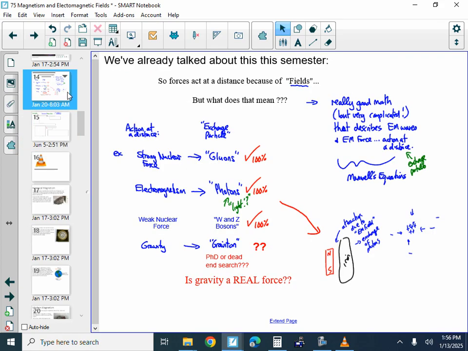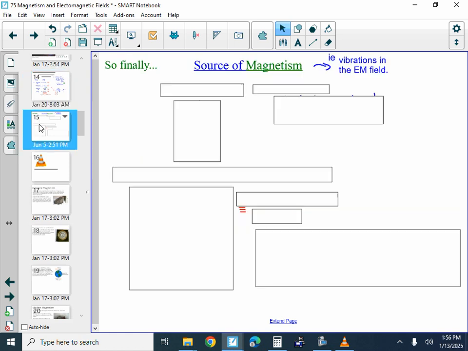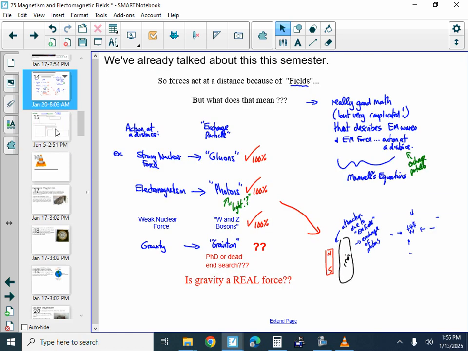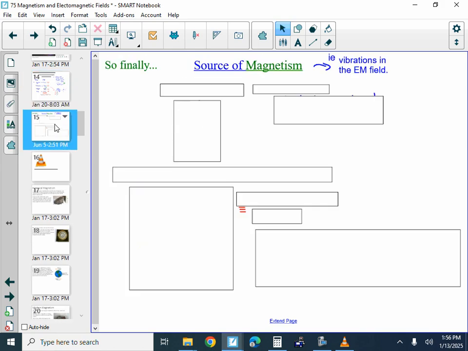We just feel gravitational force when we're in the presence of gravity, when we're in a gravitational field. So that begs the question, what's the difference between a gravitational field and these other fields, if they have exchange particles and gravity doesn't? So it's a big area of research yet to be followed out, basically. Now, that's getting into complicated stuff, but the main reason for talking about that is just to make it obvious